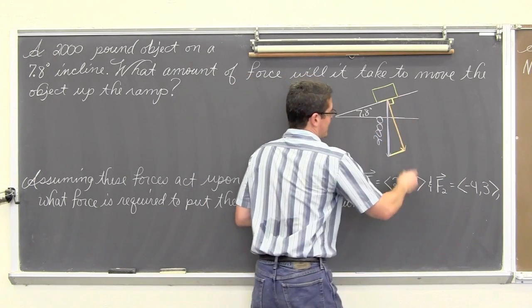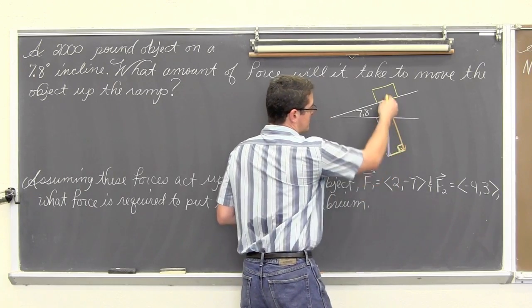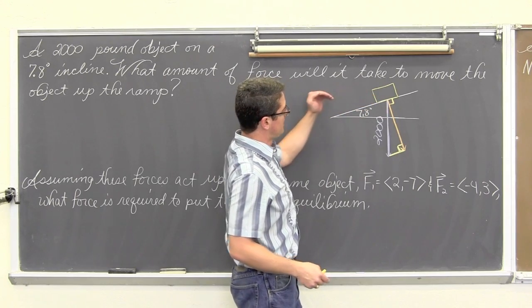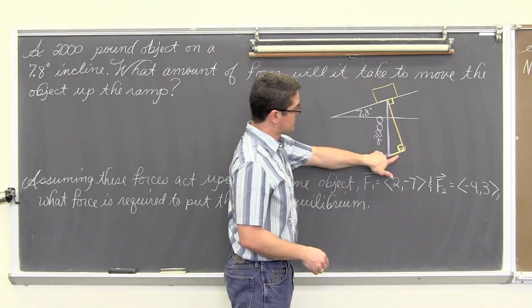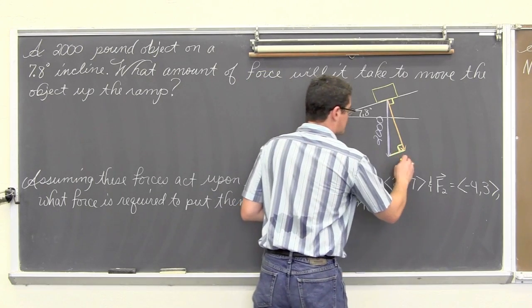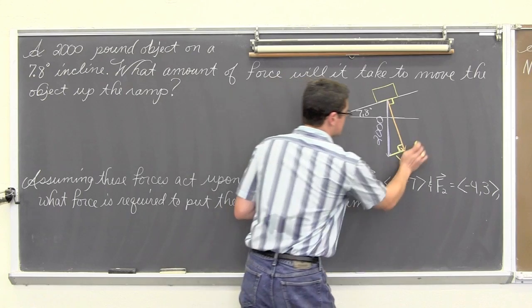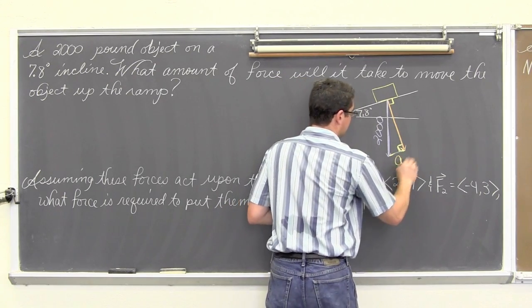So we're going to make this a right angle and then down here a right angle and look at these perpendicular components of the gravity vector. Alright, so this orange vector is going to be the actual weight of the object pressing into the ramp, and then this little segment is going to be the amount of force, and this is what we're interested in. Let's just call this A.